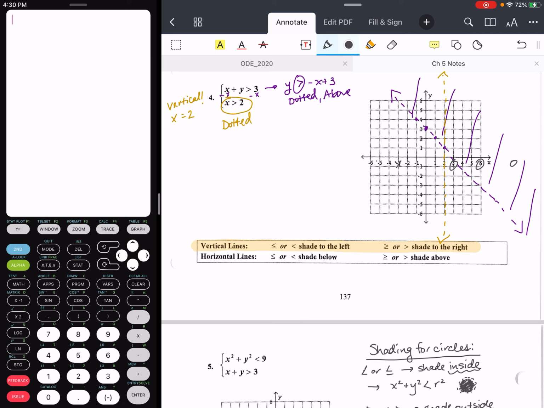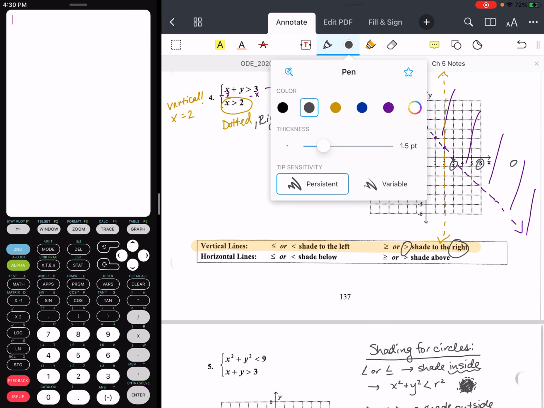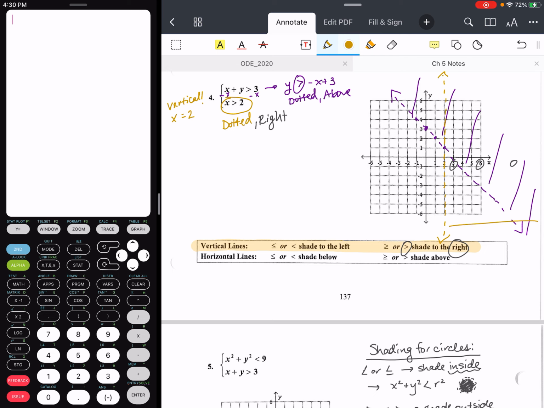I don't want to graph toward x equals -5 because that's less than 2. So if I have a greater than inequality, I'm going to shade to the right. So I'm going to shade to the right for this vertical line. So I'm going to lightly shade going to the right of that dashed vertical line, and then we'll see where